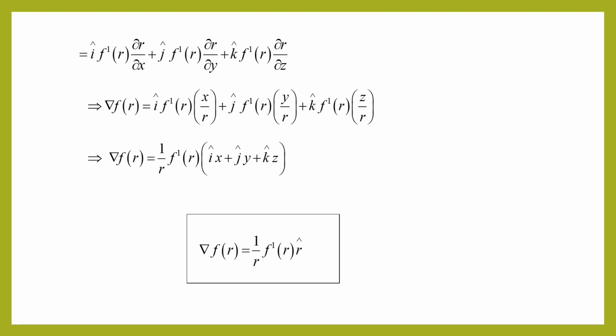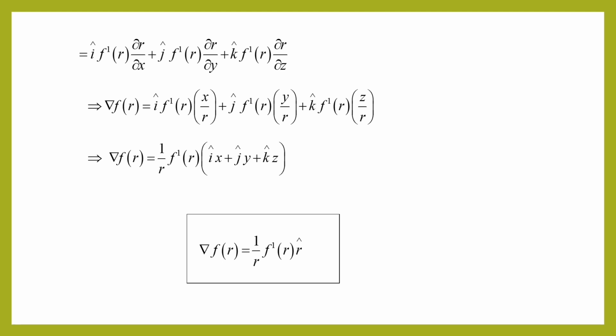After that, del f of r becomes i cap f dash of r times x by r plus j cap f dash of r times y by r plus k cap f dash of r times